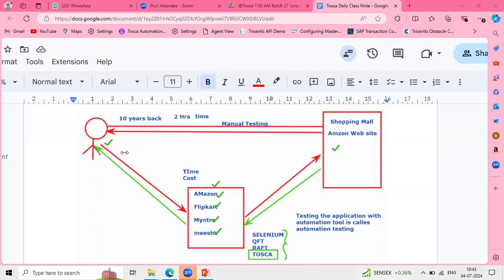See here, we just take one interface, either Amazon, Flipkart, Myntra, or Meesho. We have a number of e-commerce based applications, and we choose those applications to place the order. So now tell me which one is feasible for us: placing an order using Amazon or Flipkart, or purchasing the things manually? Which one is flexible for us? The digital format, Amazon or Flipkart. Because it saves a lot of time for me, right?